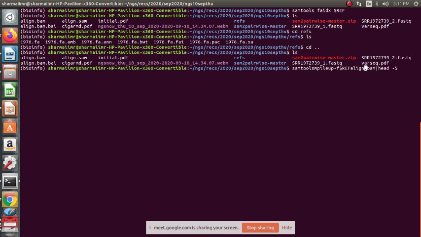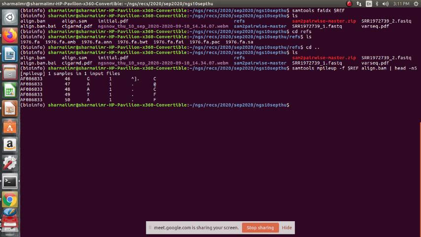So here we are doing the samtools pileup for the base centric representation, with -ref $ref align.bam and pipe head -n 5 if you want. So we do the pileup of the BAM file with respect to the indexed reference, which we indexed with samtools faidx. So we get this reproducible result here.